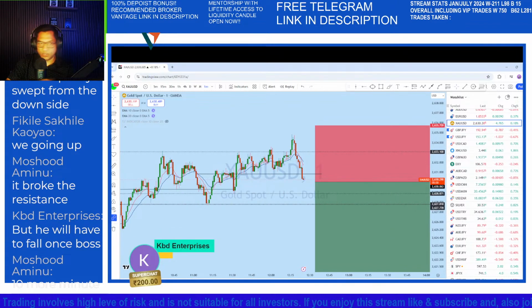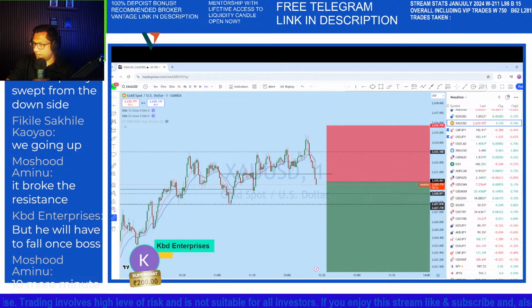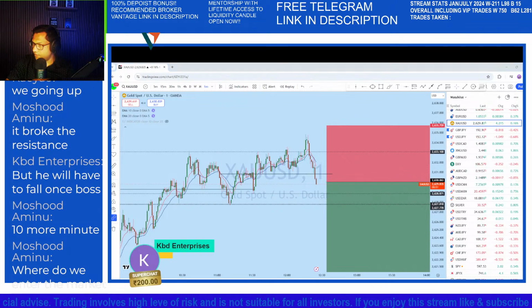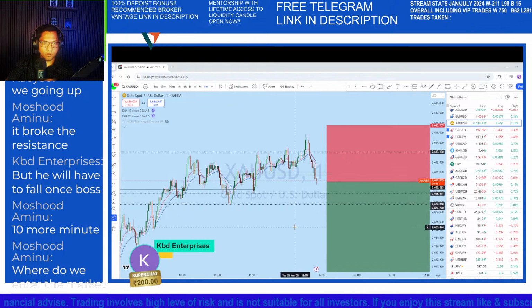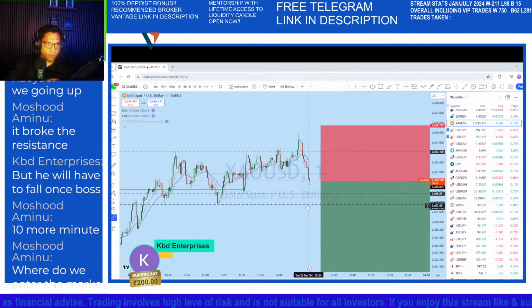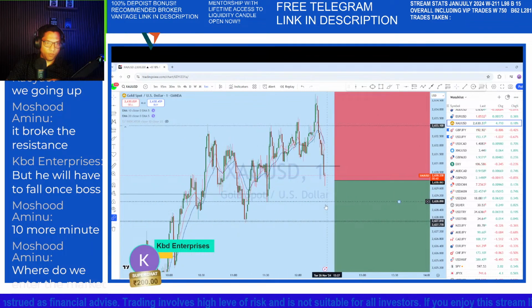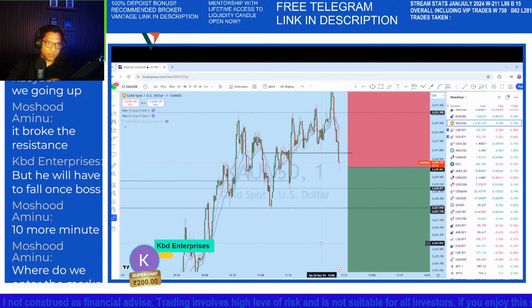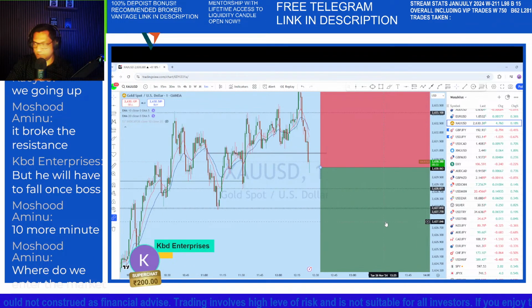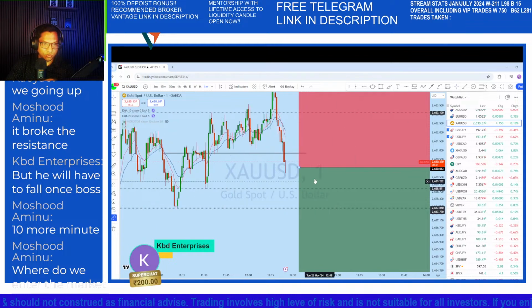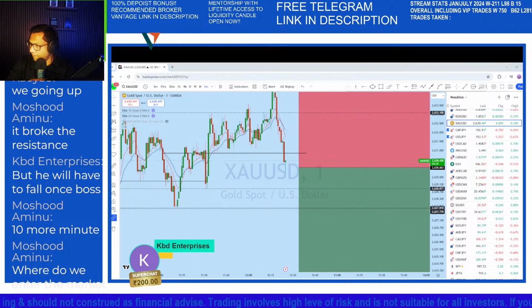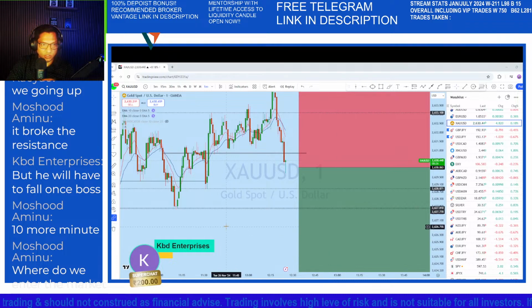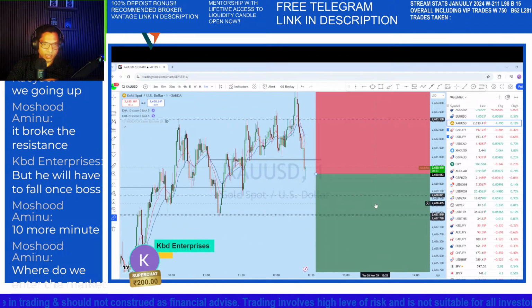Okay, just updating you, as soon as you will see it crossed our entry, I will be exiting with a running profit. Want to see one more drop and it might break this support here. I think that because it formed that head and shoulder, it might even drop further. But at the moment, as I mentioned, it still didn't come to my entry, which few people left. So I will be waiting fully to come back to my entry, and then we'll be exiting with the